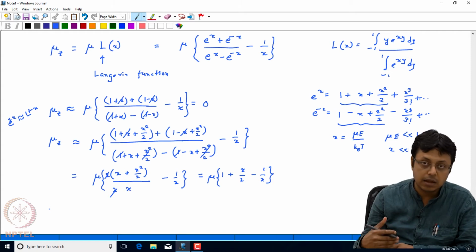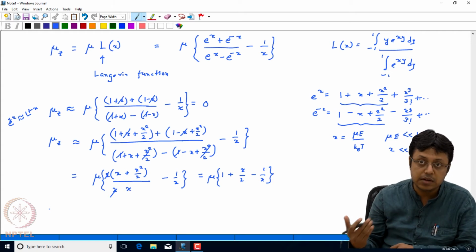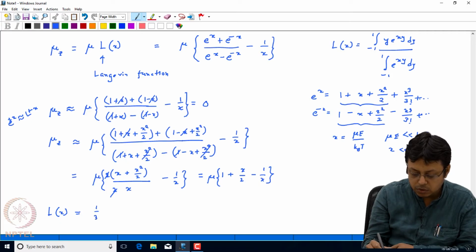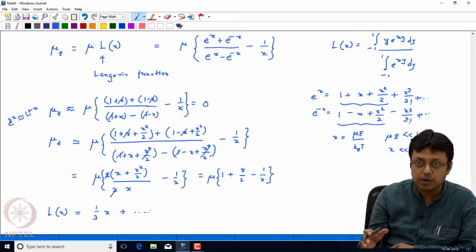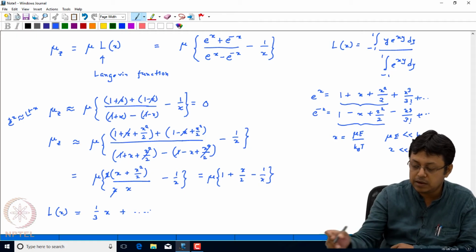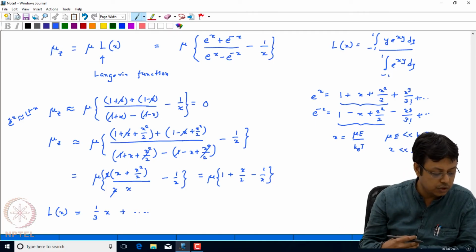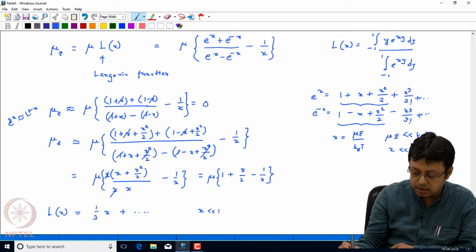You can show that we can actually get a leading order term for the Langevin function, and that value will be nothing but 1/3 of x. Again, this will be a series, but I am not showing you how it appears. I just showed you that if I truncate the series up to 1 plus x, what the value is up to the second term. If I truncate it up to the third term, what will be the value, and in that way you can show that finally, under this approximation that x is much less than 1,